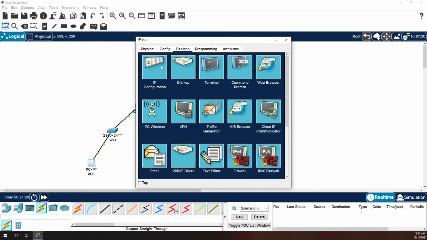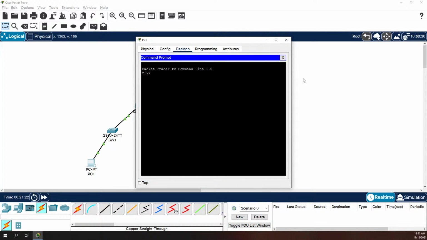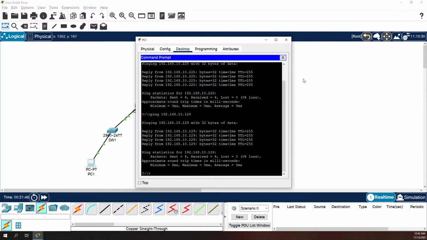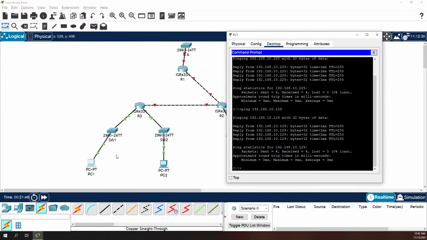But anyways, we can open up the command prompt here, and we can do a little check and see what's going on. 192.168.10.225. Yeah, see, it goes through. And we can even try actually hitting the other network now and seeing if that actually works, which is 129. That will work as well. And you might ask yourself, okay, well, how is that going to work? Because we don't have any routing in. But the reason why it's working is because